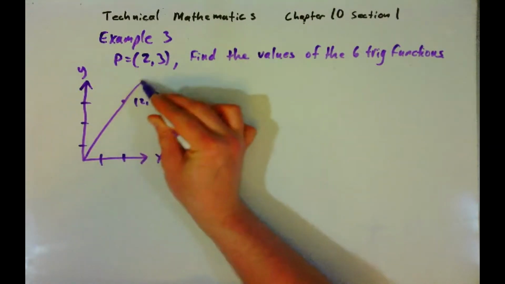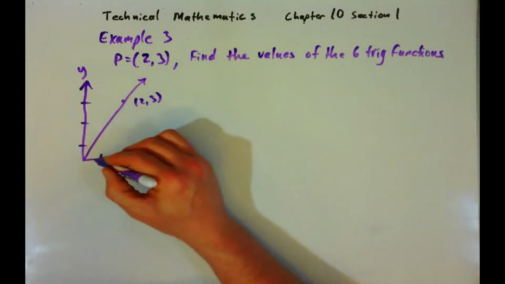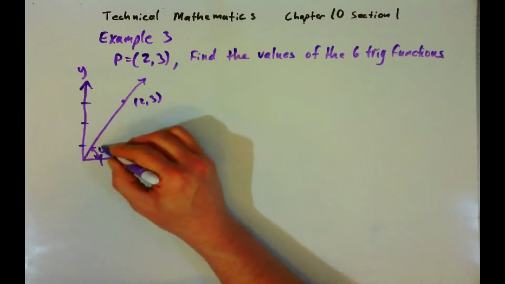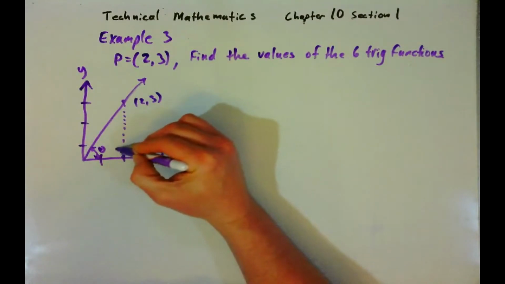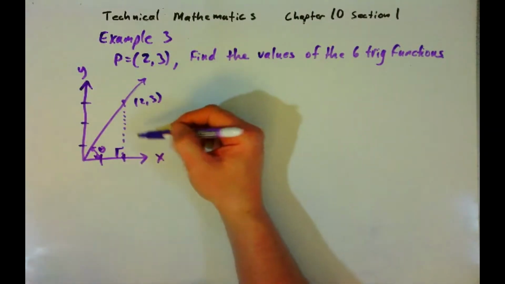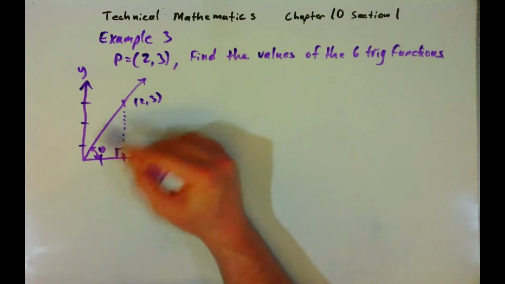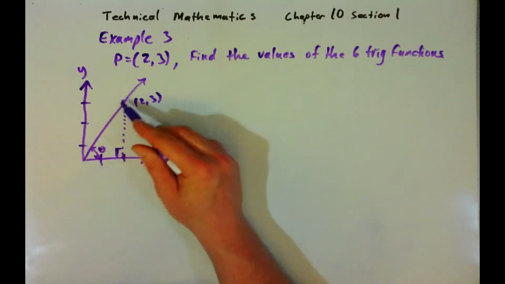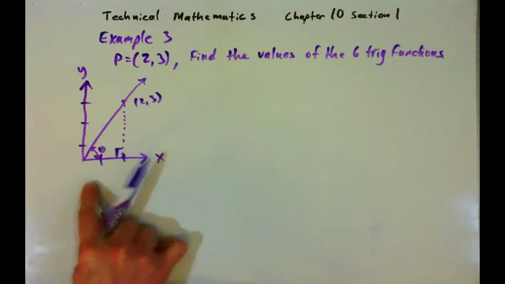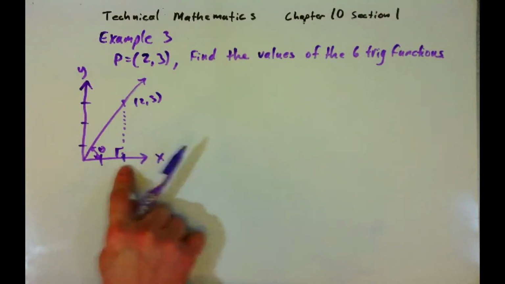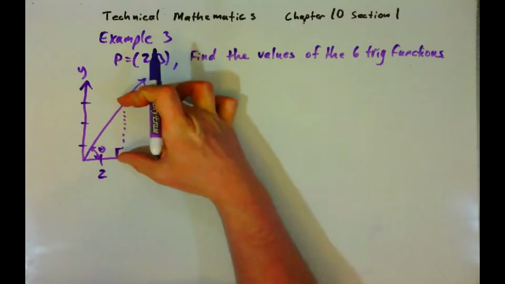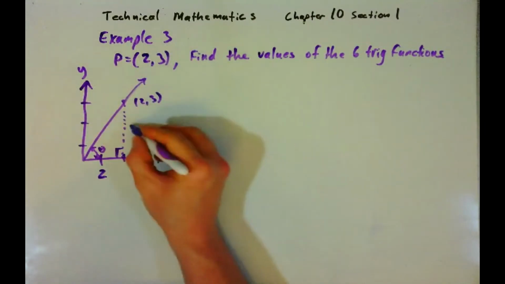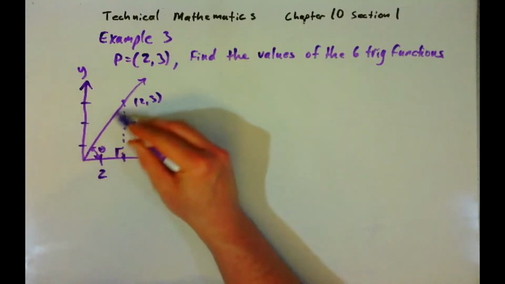And that is a point that the terminal side of the angle passes through. And here's the angle. This is theta. And so a right triangle is formed, where the right angle is here. And so to do this, the first thing we need to do is find the length of the hypotenuse. So we know that the length of the side here on the x-axis is 2. The length here that corresponds to the y-axis is 3, and we want to find the length of